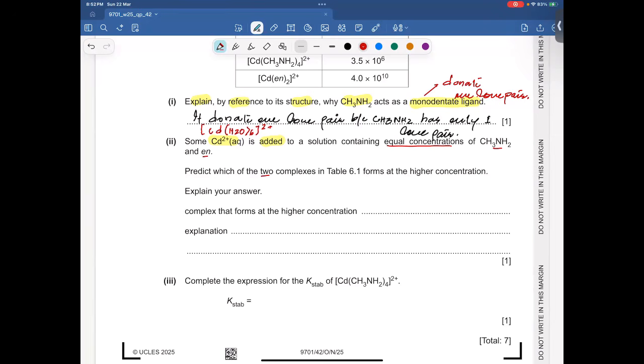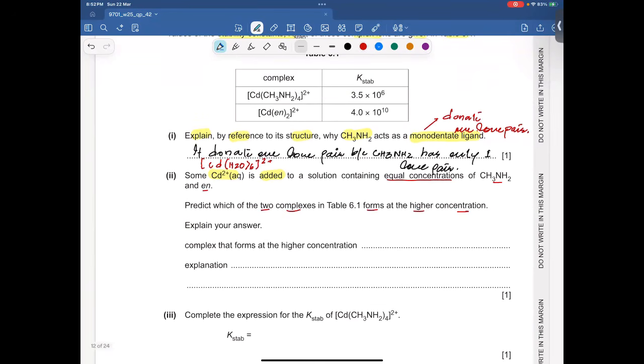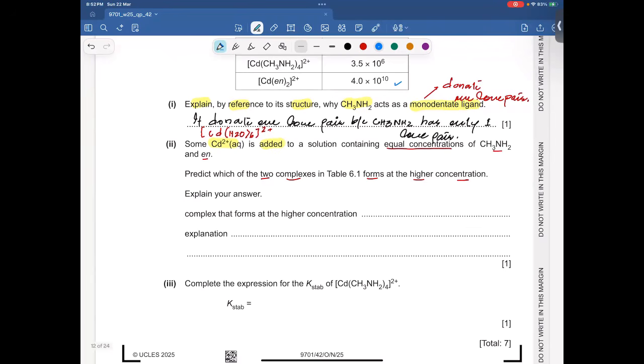Predict which of two complexes in table 6.1 forms at a higher concentration. Explain your answer. The higher the value of stability constant, the higher the concentration is. So I believe en and cadmium, so it's basically cadmium ethylenediamine 2+,